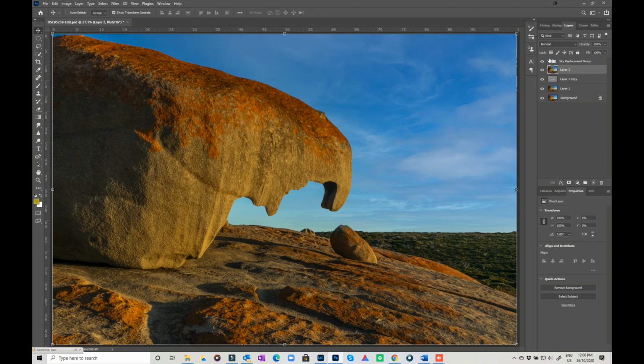So that's just using the sky replacement in the new Photoshop